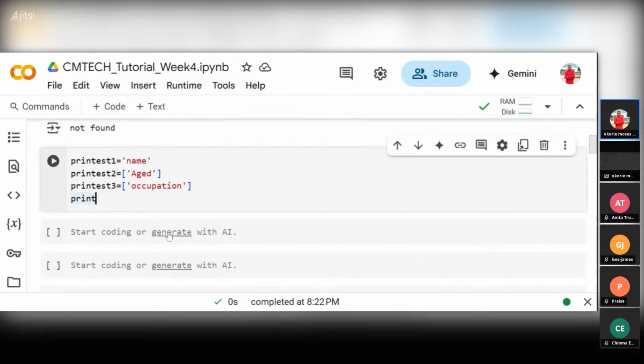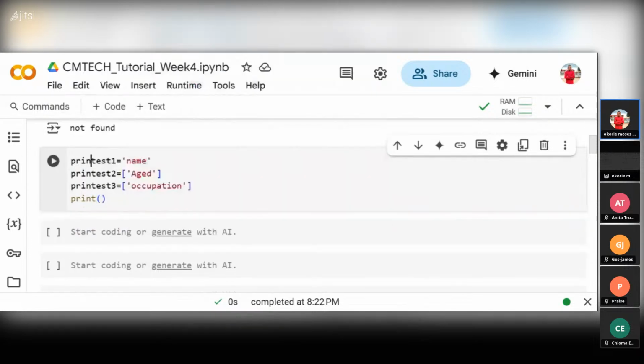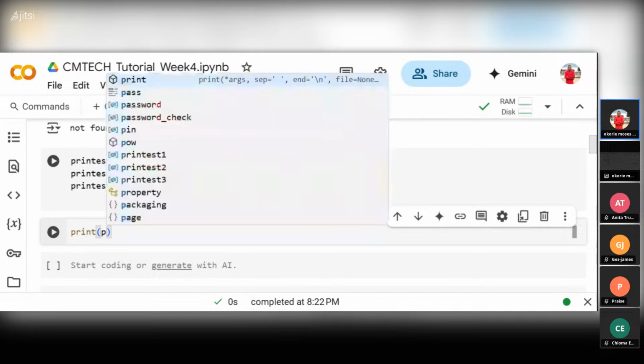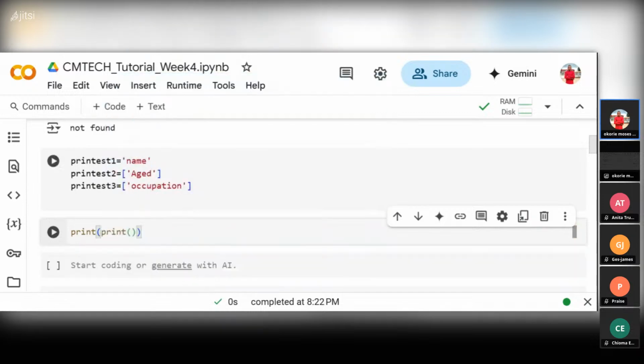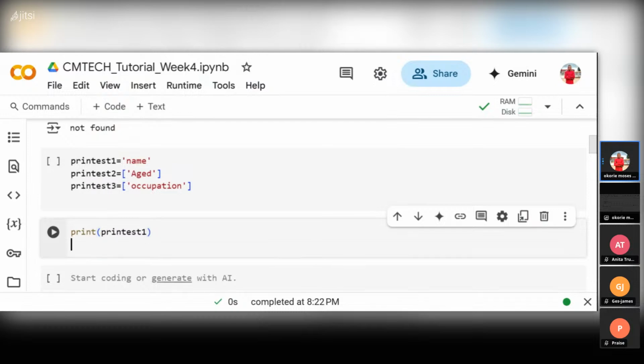Now normally we print each item like this, right? Using the normal printing format. We just print it by calling the name text. We print text one like that, and we also print